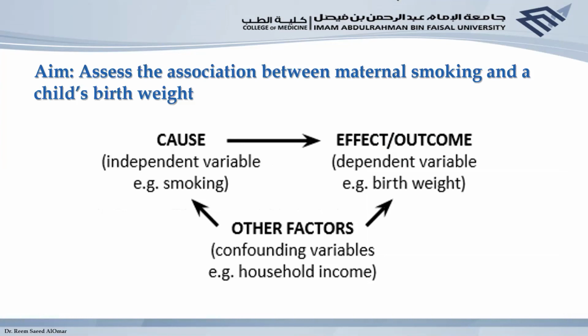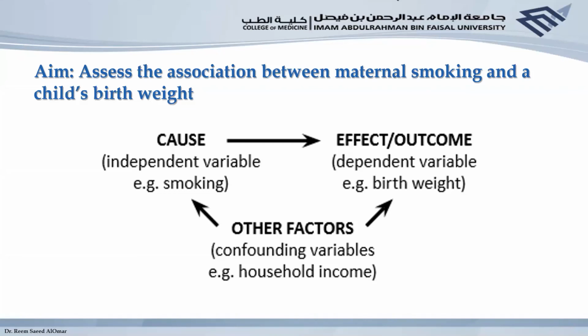DAG, Directed Acyclic Graph. Look at the aim عندنا هنا فوق. Assess the association between maternal smoking and a child's birth weight. Okay? نبدأ إحنا we try to map our idea. We have a cause. من هذه الجملة assess the association between maternal smoking and the child's birth weight. فين الcause وفين الeffect؟ فين الoutcome وفين الrisk factor؟ الoutcome a child's birth weight. هذه هي النتيجة اللي إحنا حنحصلها في الأخير. وعندنا الcause. الcause هنا maternal smoking. تمام؟